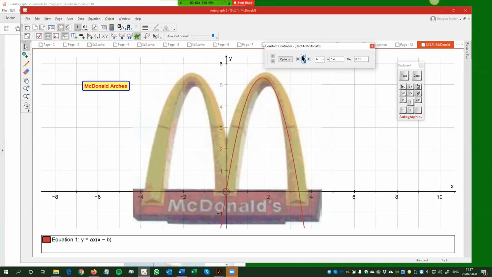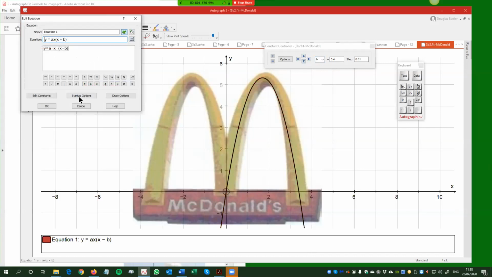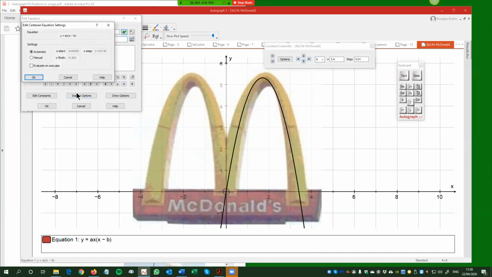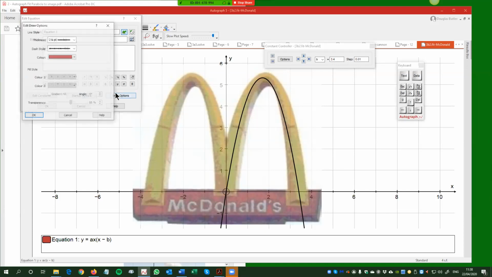Okay, what we really want though is only this little bit from here to here. Now B is 3.4, which represents the upper limit of this domain. So what can we do here? If we double click on the equation, that gives you the chance to have a look at the startup options. Now we want the startup option not to be automatic, but to go manually, starting at 0 and finishing at B, because we know what B is, it's 3.4. Click OK, and that will make sure that only, let's make it a bit thicker,